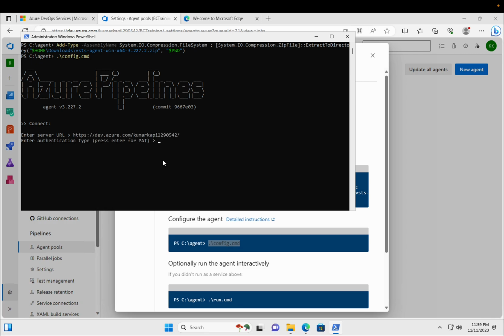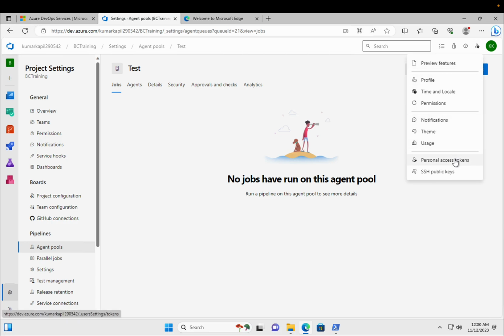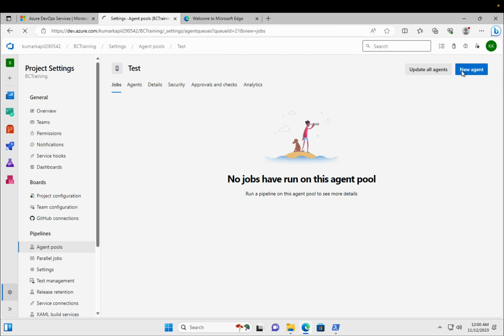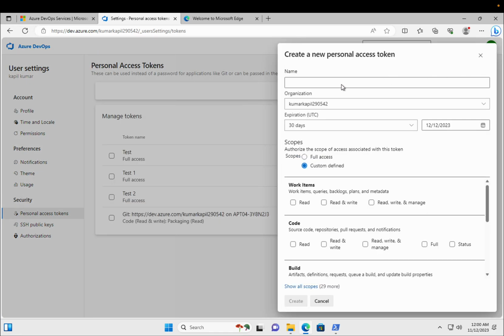Okay, now enter the authentication type. Press enter for PAT. Yes, PAT is nothing but the personal access token. It is kind of a password, you can say, which is required for setting up an authentication. And to get the personal access token, what we have to do is click on this, go to the personal access token section and click on the new token button, and let's say I'll create